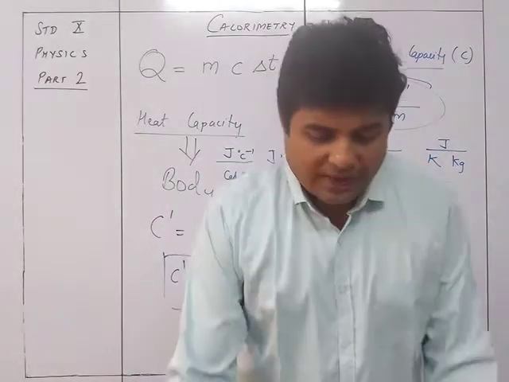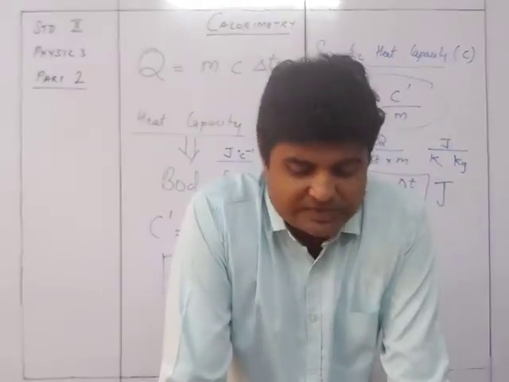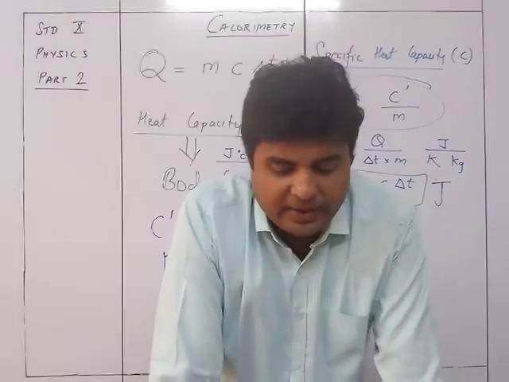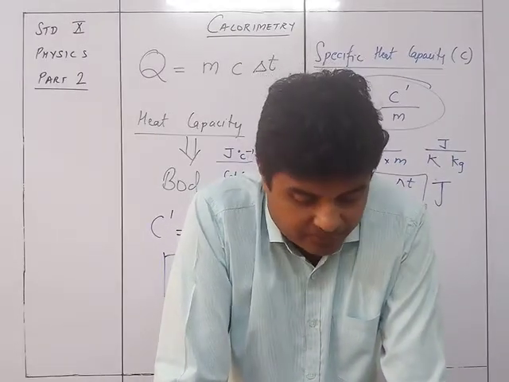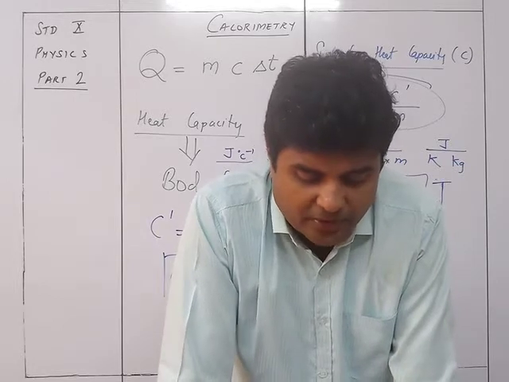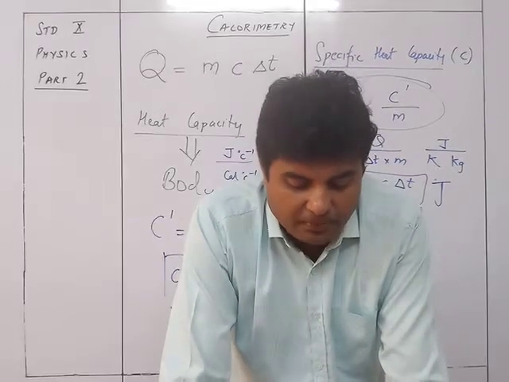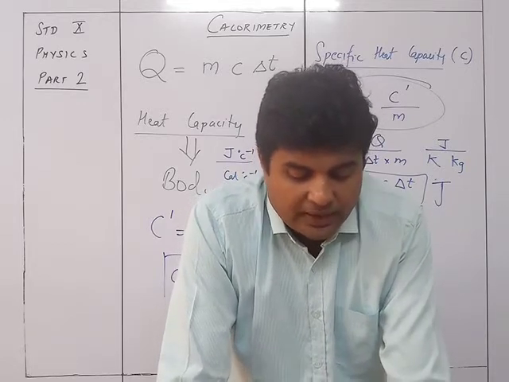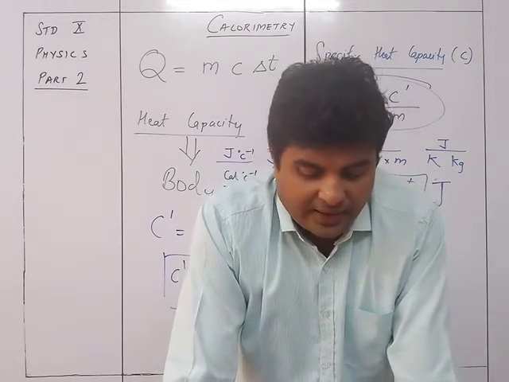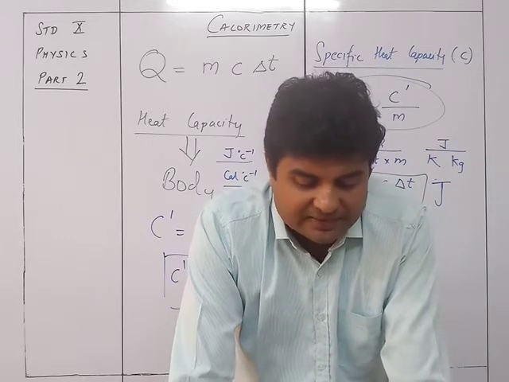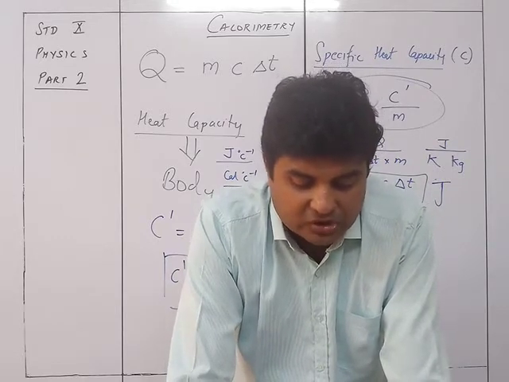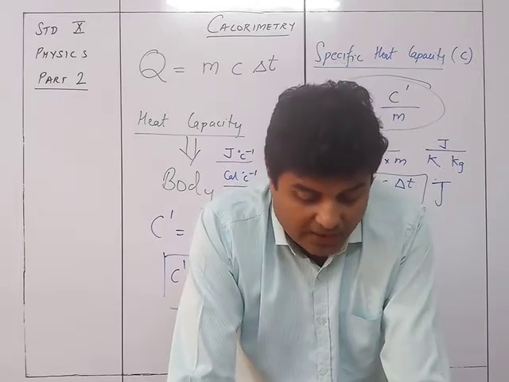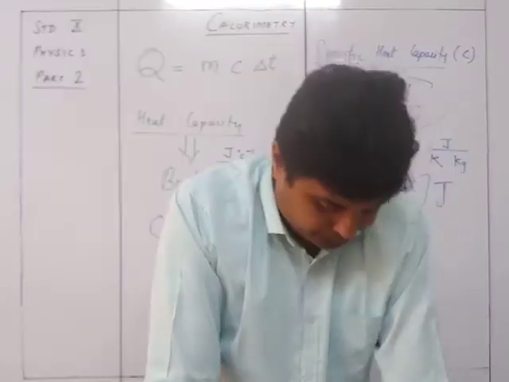So the calorimeter is a cylindrical vessel which is used to measure the amount of heat gained or lost by a body when it is mixed with another body. It is shown in figure 11.1. It is made up of a thin sheet of copper because copper is a good conductor of heat, so the vessel soon acquires the temperature of its content. And second, copper has a low specific capacity, so the heat capacity of the calorimeter is low and the amount of heat energy taken by the calorimeter for the content to acquire its temperature is very small.